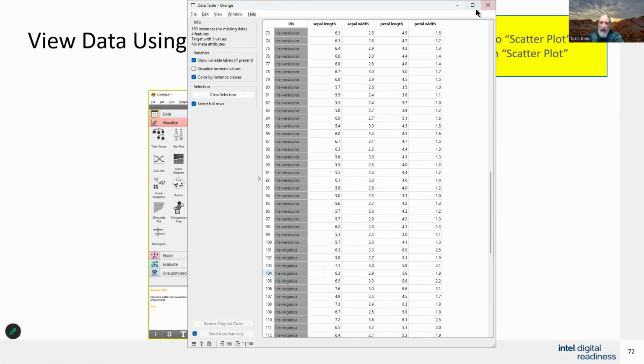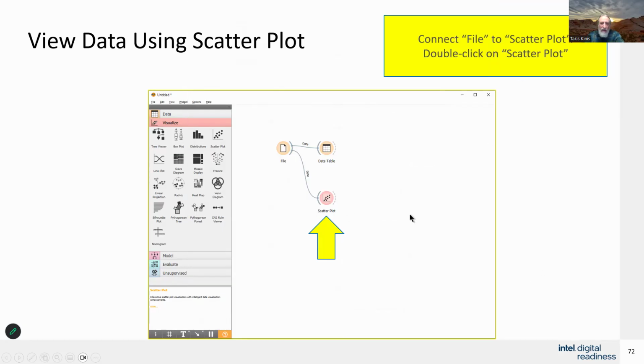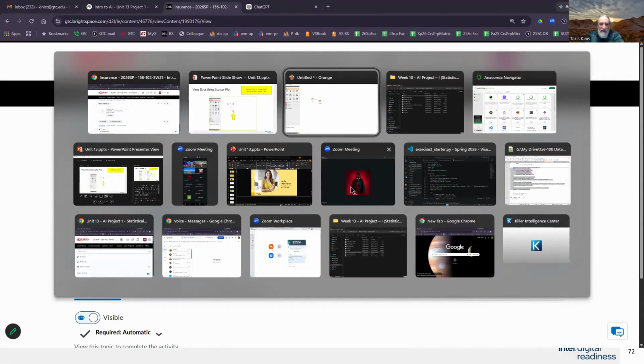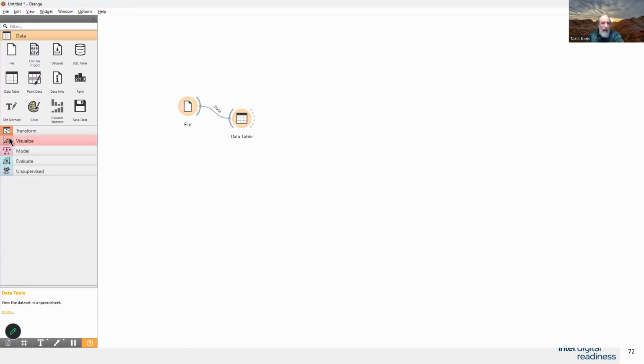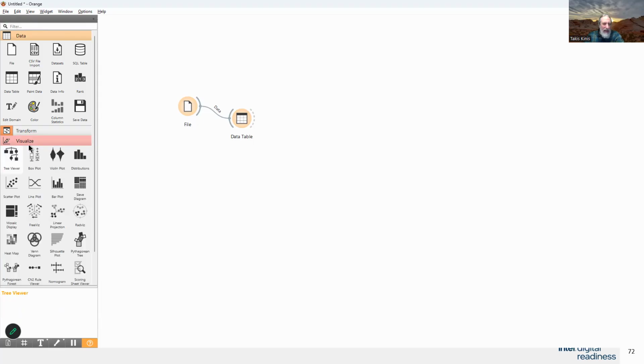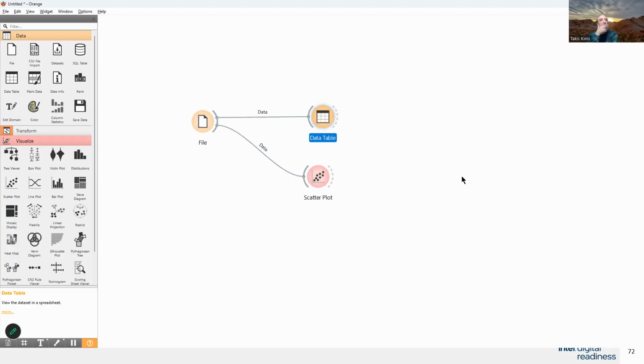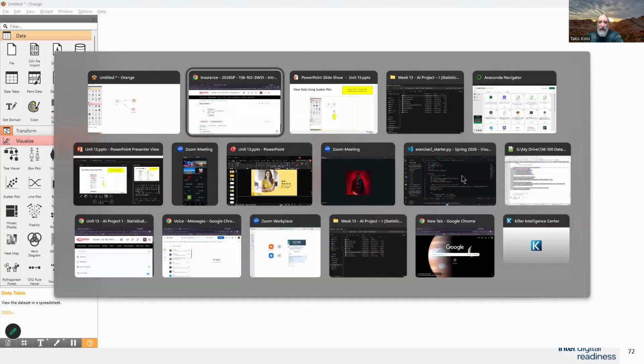All right, so I'm going to come back here. I'm going to close this dialog, and then we'll go back to the canvas if I can even find it. And then this is a visualization, so you could drag and drop it over. All right, we can move that out of the way. Now we can create another output and connect it to the input of the scatter plot. Then once again, put that wherever you are comfortable putting it. Maybe that's good right there. Maybe I'll zoom in just a tad. Okay. Next step,